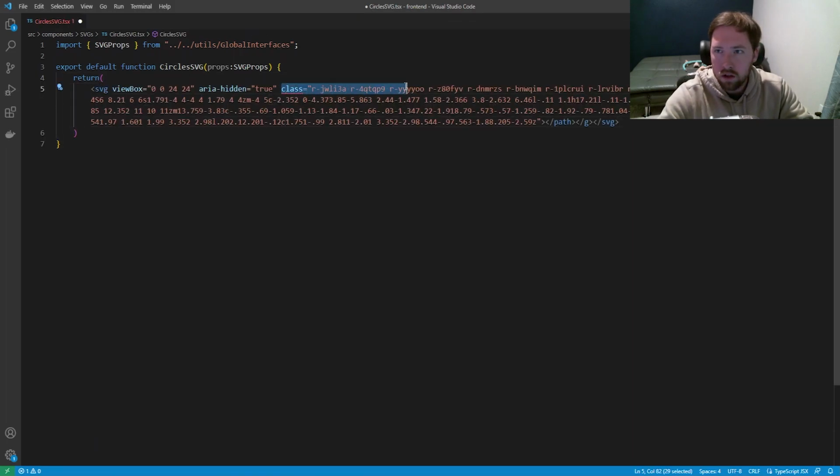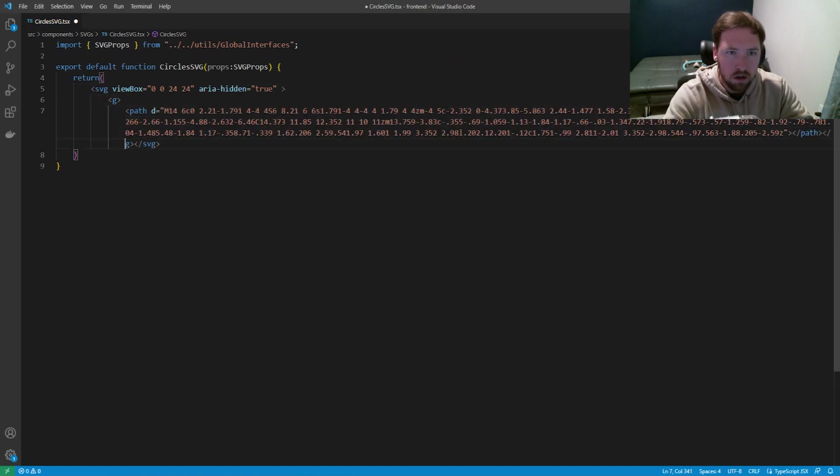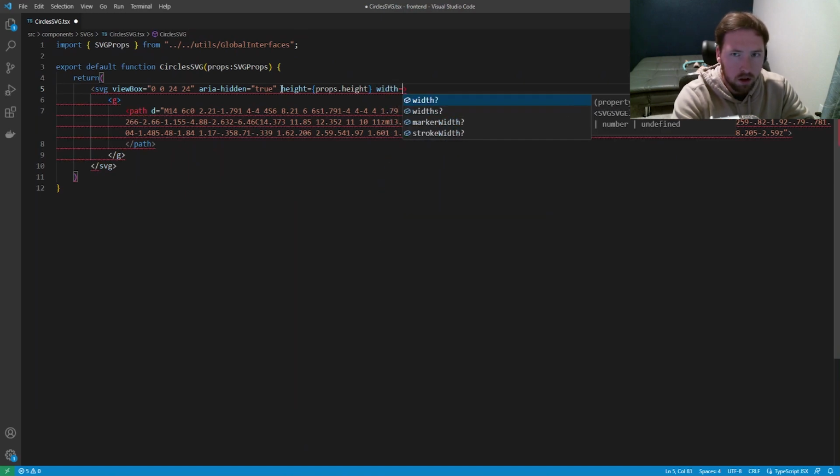We'll get rid of this class, which goes all the way to here. Clean this up just a little bit to make it look a little bit prettier. Path, go here. G goes here. SVG goes there. Right, now we need to set the height equal to props.height. Actually, let's make sure height is spelled right. We need to set the width. Width is equal to